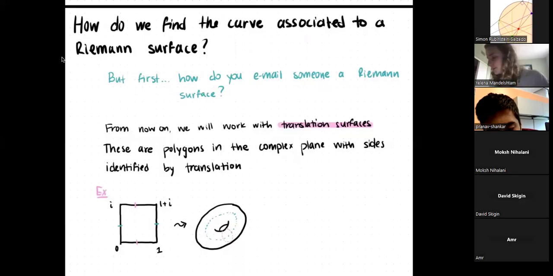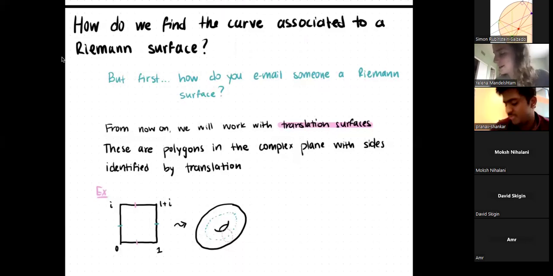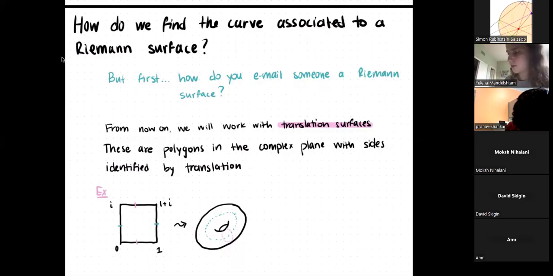Something you can do, some way that you can email a Riemann surface, is if you email them a translation surface. A translation surface is a class of Riemann surfaces, very good for generating examples, because how you define them is you draw a polygon in the complex plane, and then you say which sides you identify by translation. An example of this, which some of you have maybe seen before, is if I draw a square